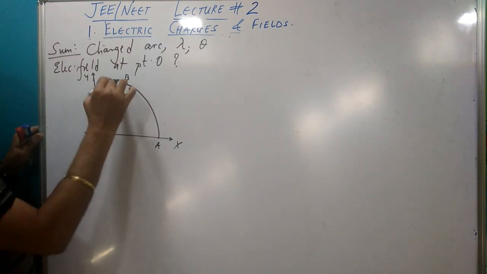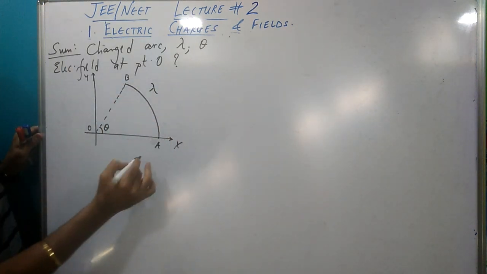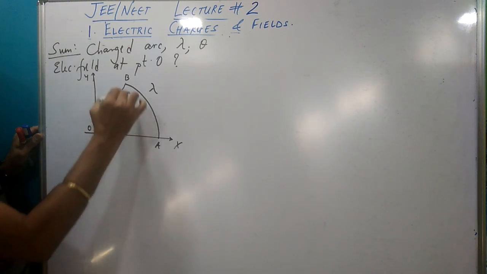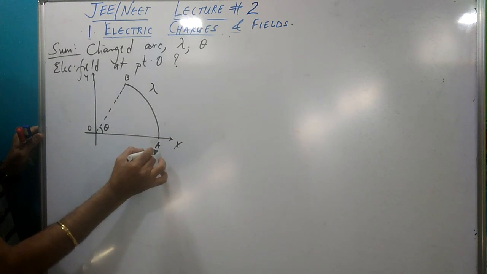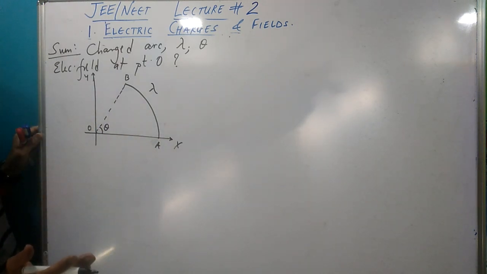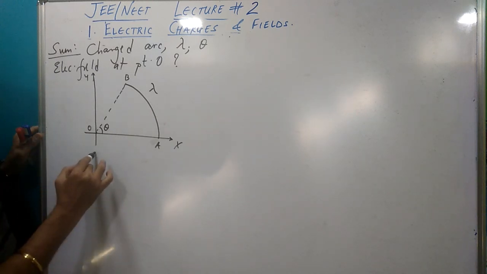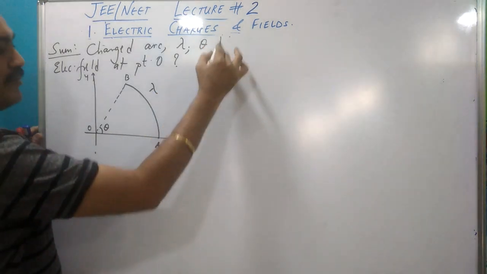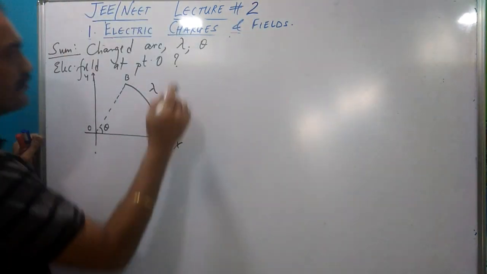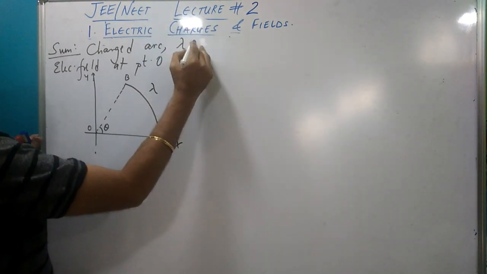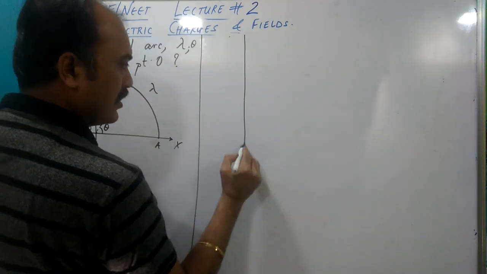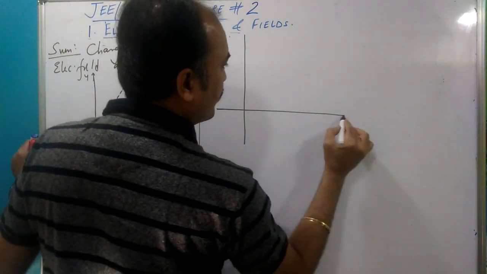The linear charge density is lambda. They have asked us what would be the electric field at point O due to arc AB. So now we cannot take the whole arc just like that. We will have to break down this arc. Now let me draw a refined and a very important diagram. Stay with me, please. I'm going to draw a bigger and a more important diagram.